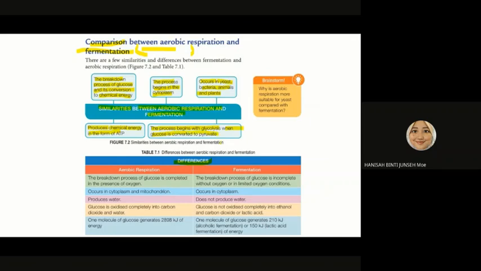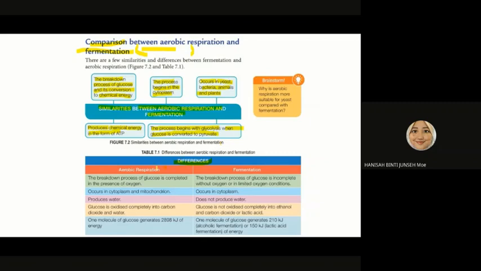Maksudnya starting sama. Dua-dua akan either it's aerobic respiration or fermentation, it's always start with glycolysis. Dia akan pecah dulu glucose breakdown into pyruvate. But ending dia berbeza. Ending dia yang define dia mana satu yang aerobic, mana satu yang fermentation. Okay, because